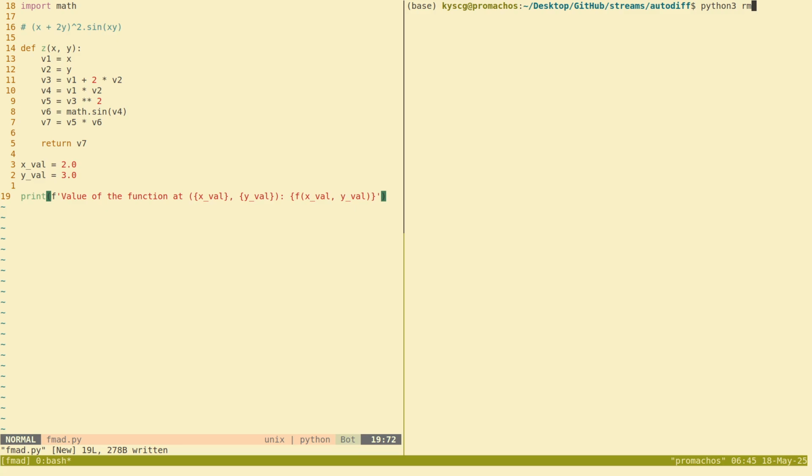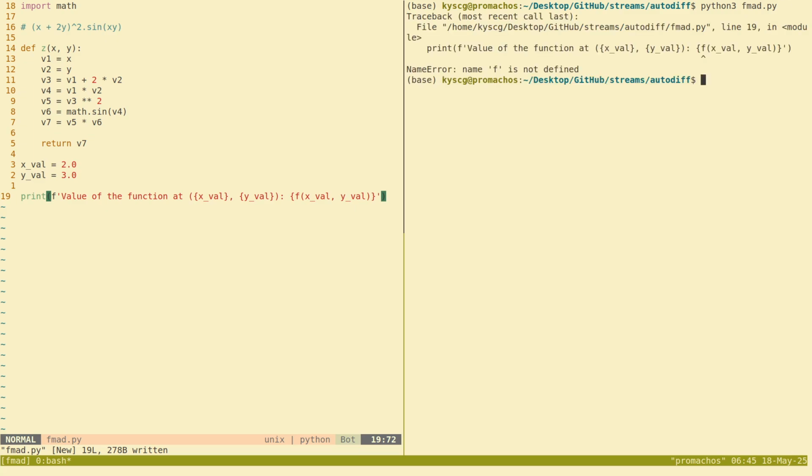Oops, what have I named this f value? This is supposed to be